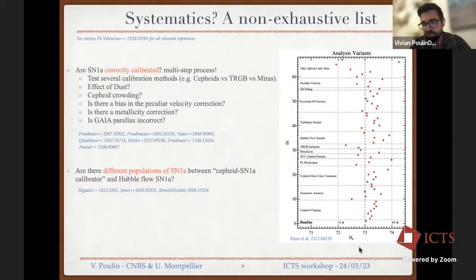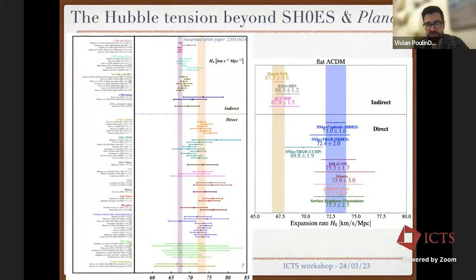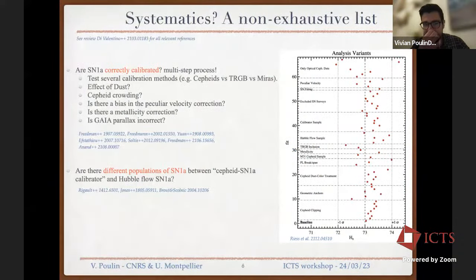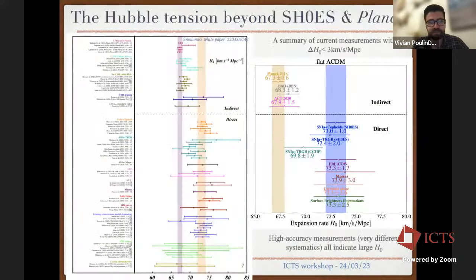And this is, if you wish, the one slide summary of this question according to the SH0ES team. Regardless of about 70 changes that they made to the analysis to test and answer some of these issues, they find no variation in the value of the Hubble constant by more than 1 sigma. So essentially, currently there are no known systematics that can fully explain away the discrepancy. Of course, more work is still to be done.